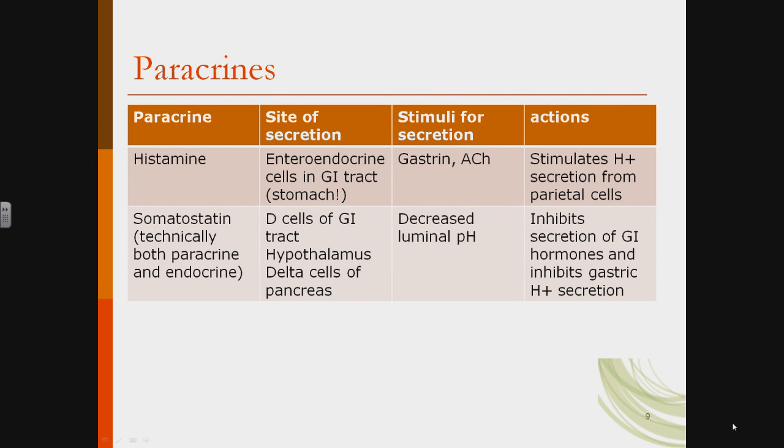Another paracrine is somatostatin. This is technically both a paracrine and a hormone. We've seen somatostatin earlier in Unit 1 when we learned about growth hormone and inhibitory hormone. Somatostatin is released by cells in the GI tract, but also by cells in the hypothalamus and also cells of the pancreas. All I want you to know about somatostatin is that it inhibits secretion of GI hormones and inhibits